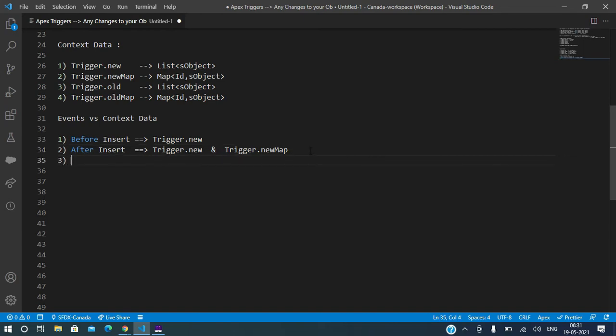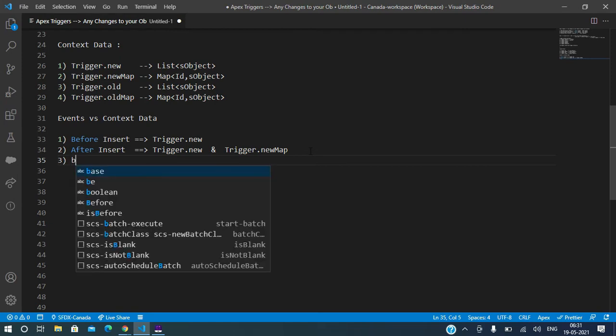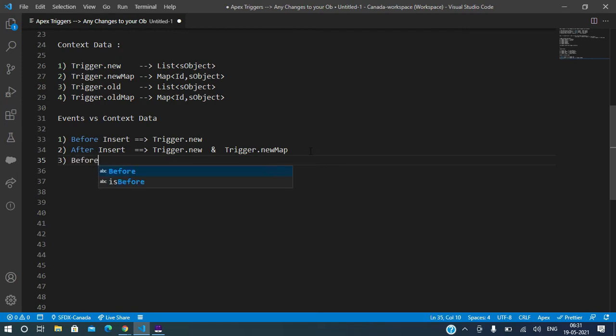Let's go with update. Before update, what kind of data can we have here? For an update event, do we have a record ID? Yes, because this is an existing record.